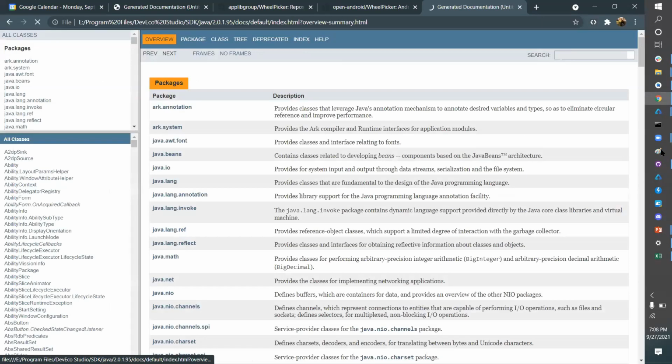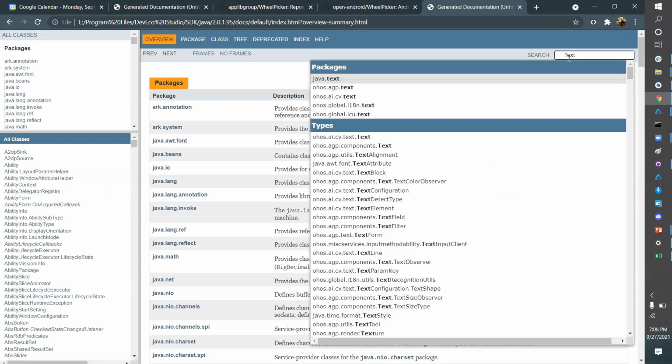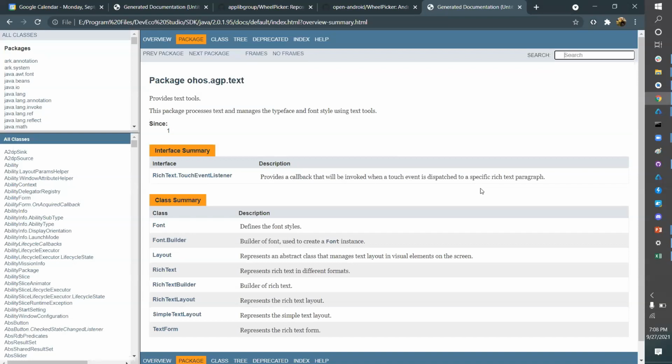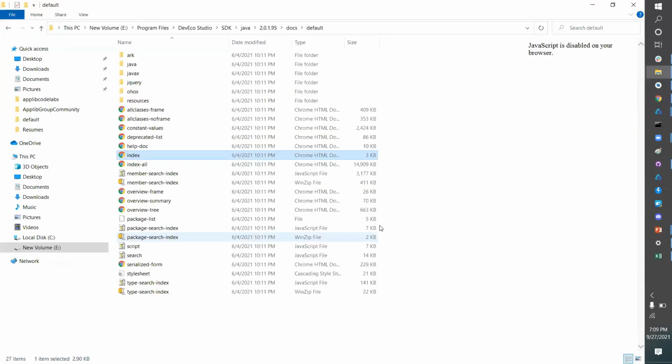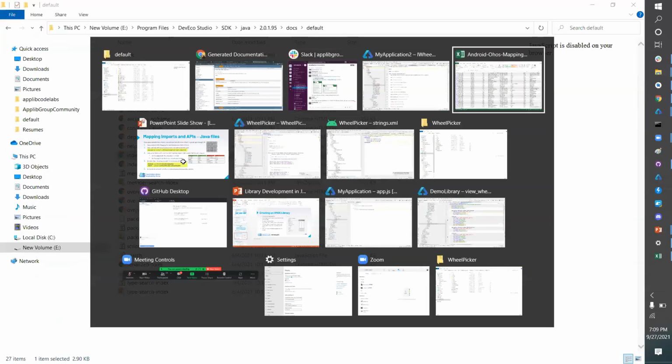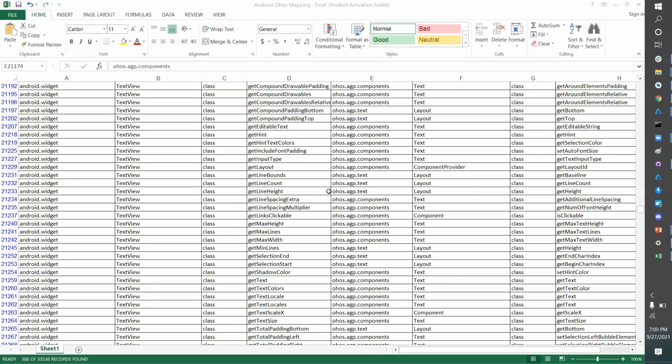Here we can check all the APIs and the details. So we can also copy from here itself.